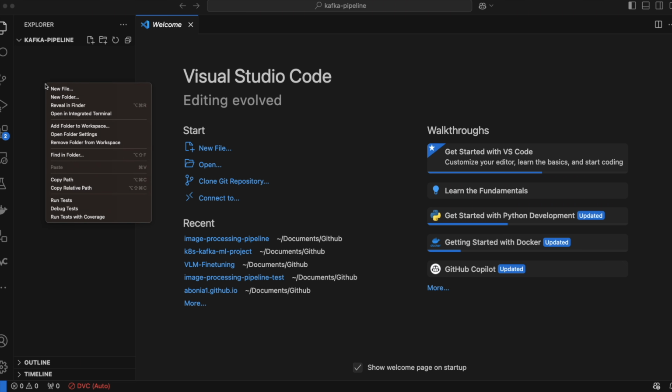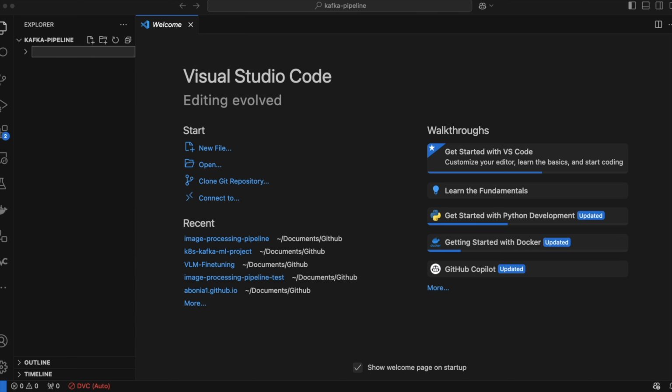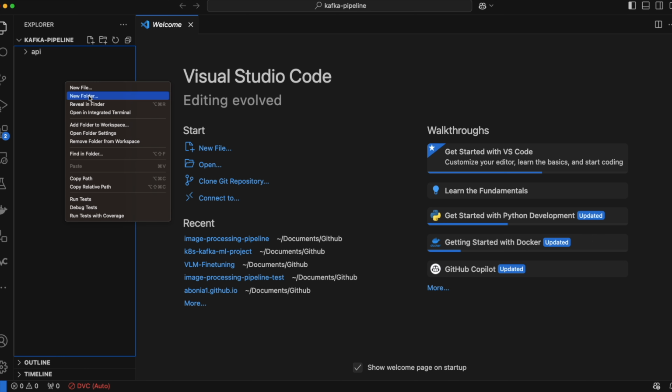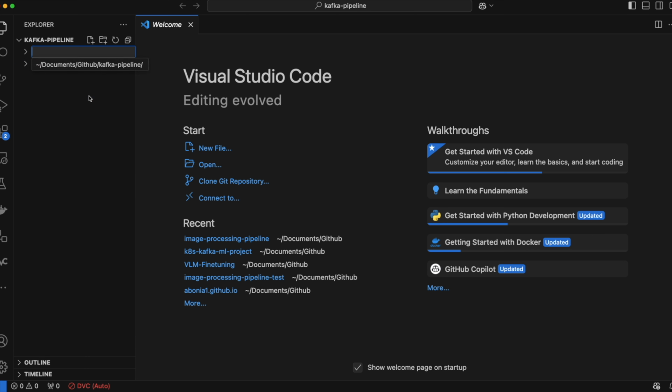So first of all, we need a folder for API services, for example, and then we need a folder for Docker files, where we will put our API service Docker image, Dockerfile, and Docker Compose file. And then we need a pipeline folder where we will be defining our services, like background removal, replacement, and upscaling service. And then we will have our main processing pipeline class, which will call all these services